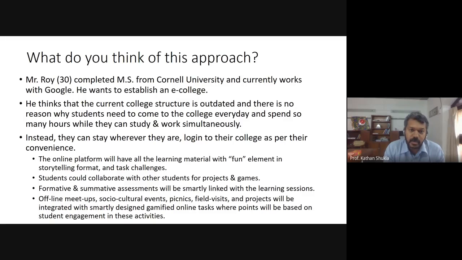This sort of platforms, Mr. Roy जैसे बहुत से लोग हैं who are already knocking the door of the government, of the different states, who are already knocking doors of all the regulatory bodies, and then they are also trying to convince that they can do a much better job. So imagine अगर Mr. Roy को, let's say, online engineering college setup करना है, he just needs at the most 50 people, 50 employees, who can then cater to the entire India का engineering students. तो बाकी सब engineering faculties का जरूरत क्या पड़ेगा,